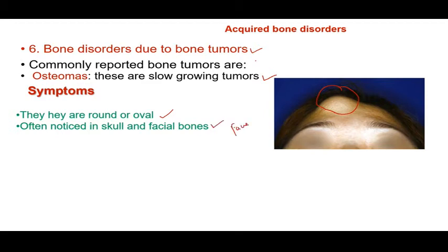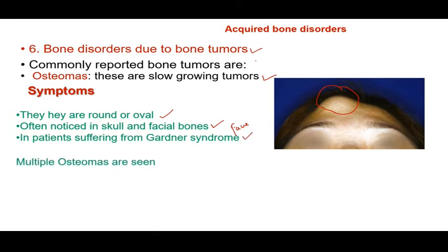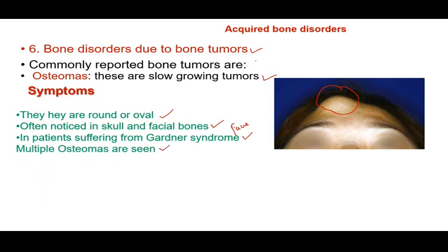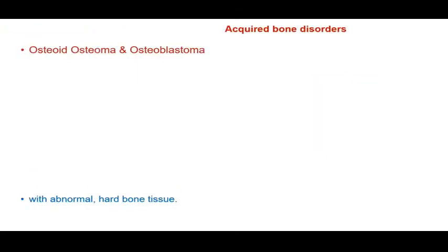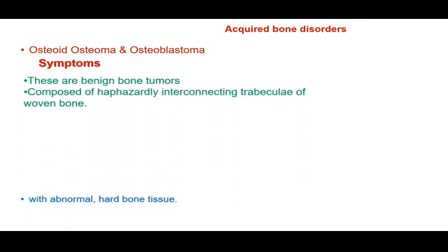In patients suffering from Gardner syndrome with intestinal polyps, multiple osteomas are seen. They may be induced by infection or trauma or by hemangiomas. Second is osteoid osteoma and osteoblastoma. These are benign bone tumors and are composed of haphazardly interconnecting trabeculae of woven bone, which are prominently